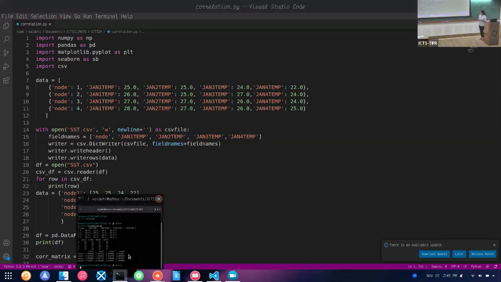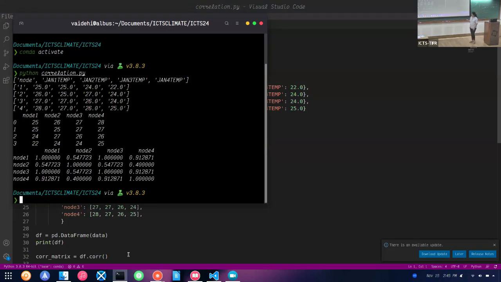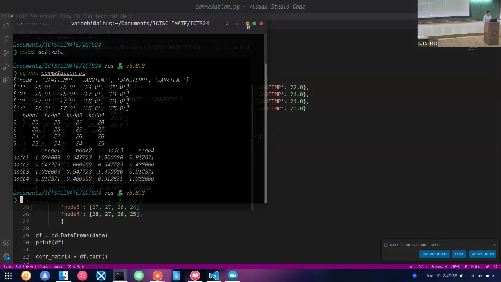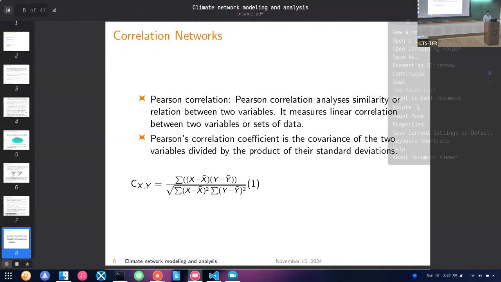Here you see that the diagonal elements are 1, and the matrix is symmetric, which you kind of expect because the self correlation has to be 1. The matrix has to be symmetric because we haven't introduced any directionality into it. So that's the basic idea of calculating a Pearson correlation.